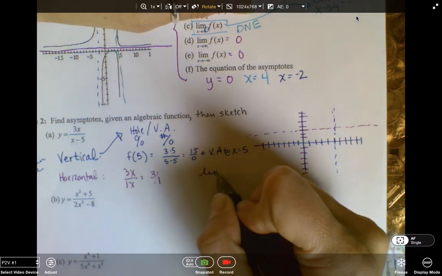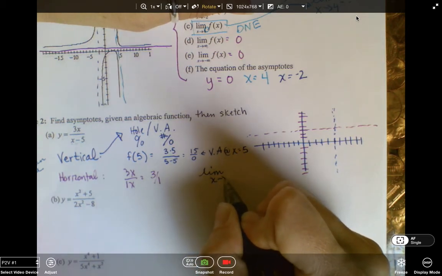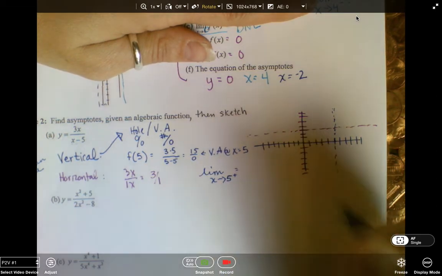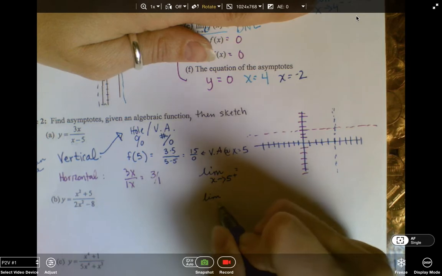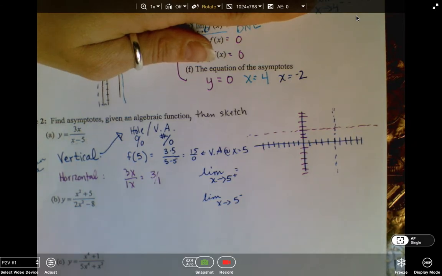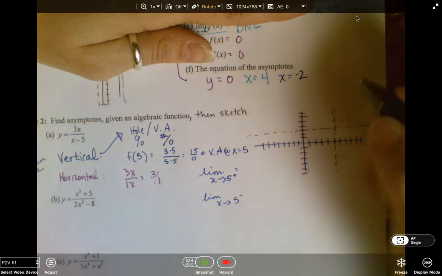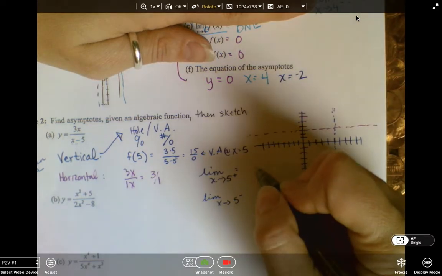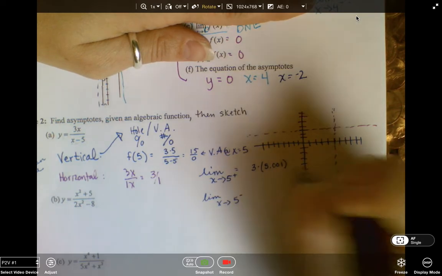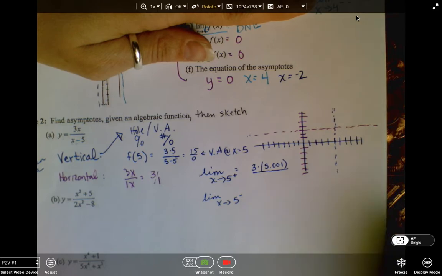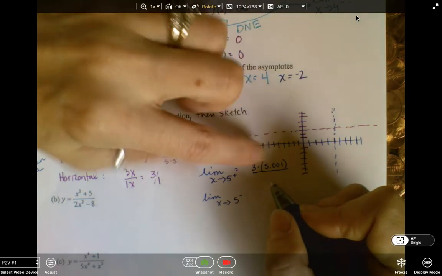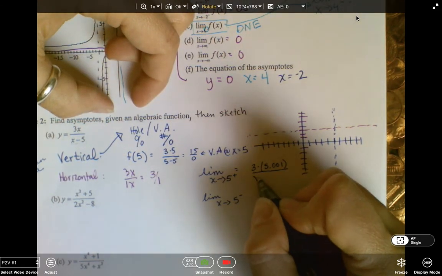So we're going to say the limit, so what is my function doing in a general sense as x approaches this 5 from the right, and what is it doing as x approaches 5 from the left. Okay. So from the right, let's put in a number that would be slightly bigger than 5. So we're going to say 3 times 5.001. That's fine. That's slightly bigger. It's not a huge difference, but it's pretty small. Close enough. So x would be